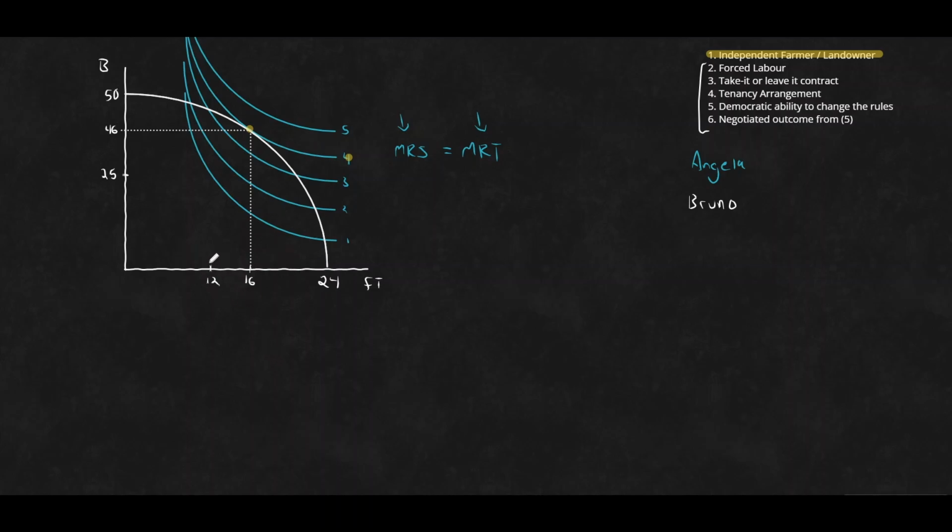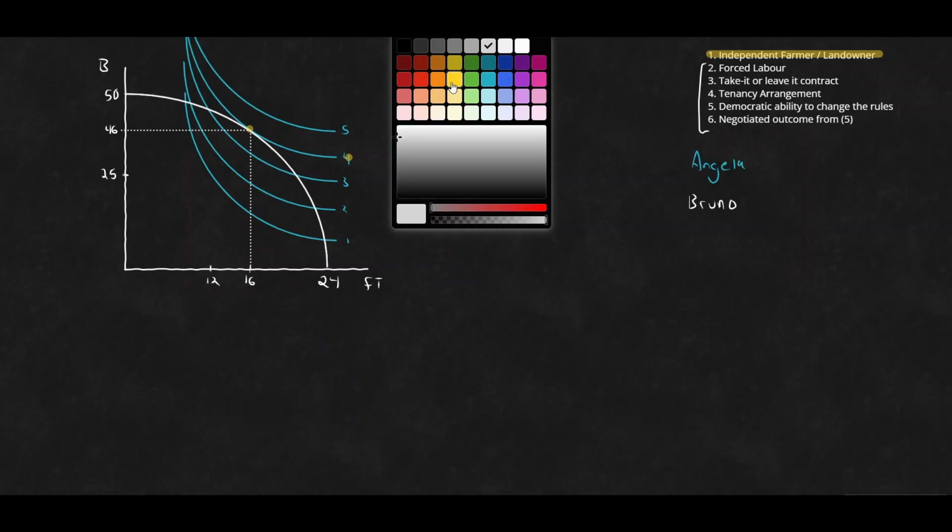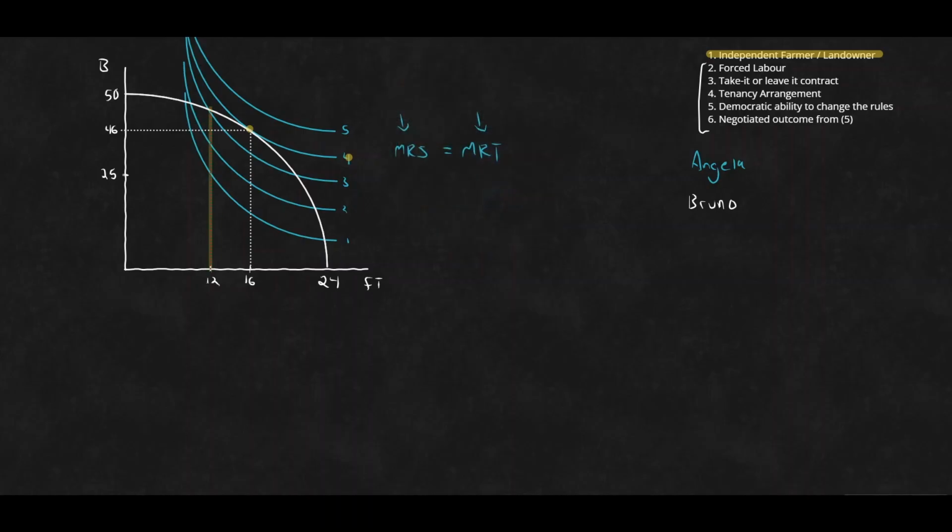Let's start off by taking a look at 12 bushels of grain altogether. And if we were at that point there, let's just change the color. Let's use red. So at 12 being somewhere about here, she's getting more time working. She's working 12 hours a day, so significantly less free time, but is able to get significantly more bushels of wheat. Why might she not want to be at this point here?